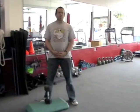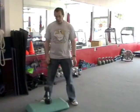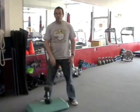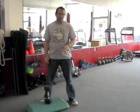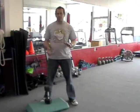Okay, now I want to talk about something called the dumbbell deadlift. This is probably the easiest variation to use. It's usually the one that I start people out with. If you notice, I have the dumbbell on the floor, right side up, and I also have it on a step. A lot of people have trouble getting down into the position of a deadlift, as low as the floor. So it's just easier to put the dumbbell on something, which makes it easier to get into